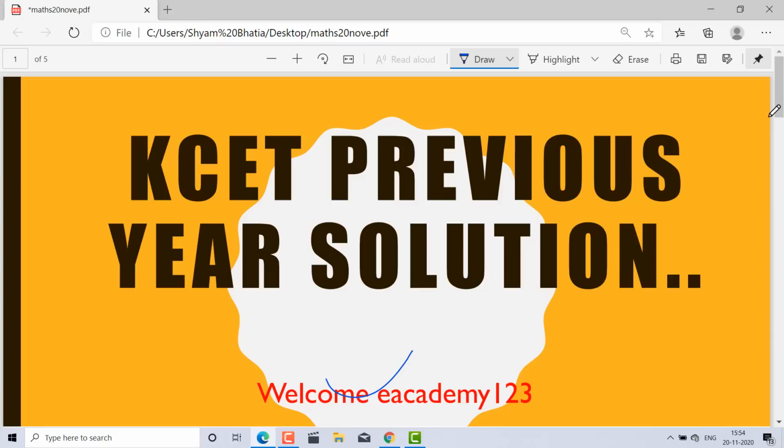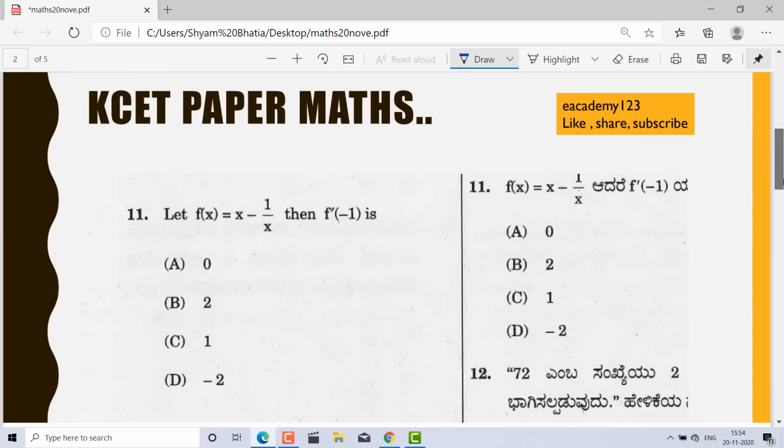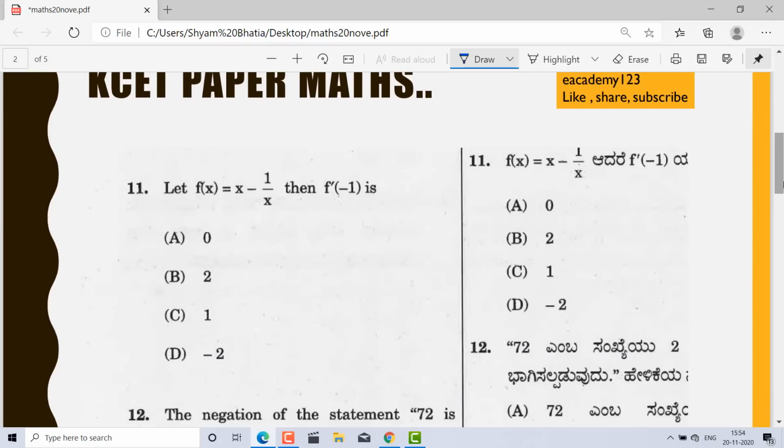Okay, let's start. Here is one more question. The question is what you are just watching here, the KCET 11th question, and here you will find the function f(x). f(x) is a function of x and 1 minus x, and the derivative of f(x) is what? Nothing but f dash, and you can write here the derivative of x with respect to x, so 1, and minus